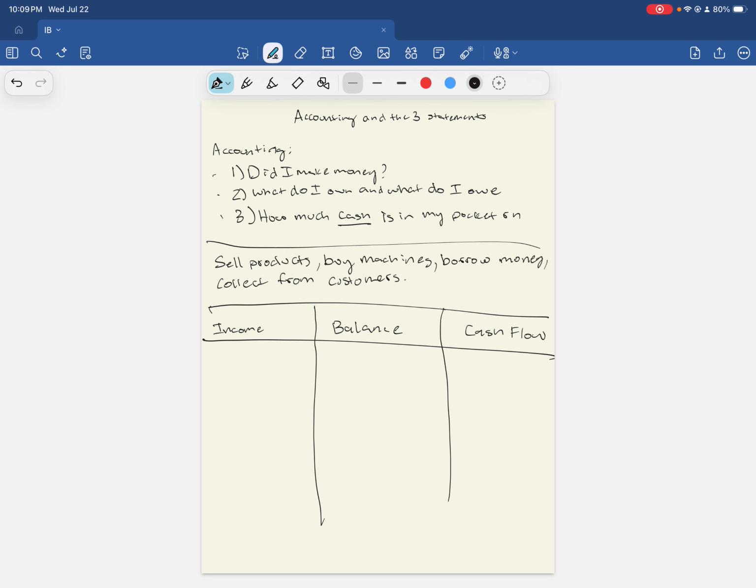So your income statement is over a period of time. If we come over to our balance sheet, the balance sheet is basically a snapshot. That's what you're going to hear a lot, a snapshot on one single day. And then on the cash flow statement, you're again looking at the cash flow over a period of time for a business. By a period of time, this could be from, let's say, January 1st to December 31st. A period is, let's say, a year.